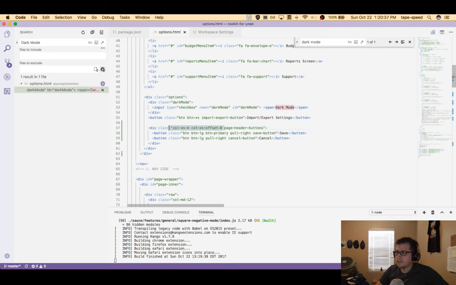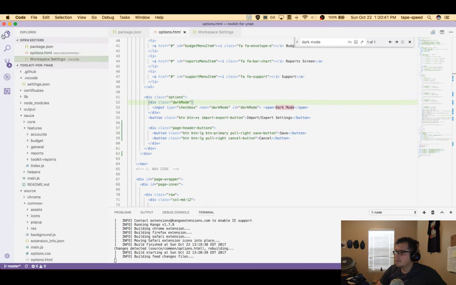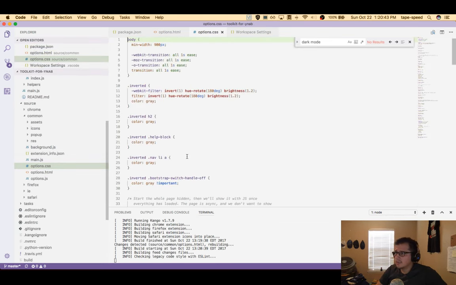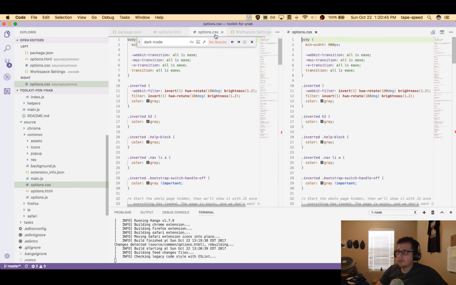Alright, deleting the columns. Delete. Save. Let's look at the file structure and see if there's some CSS that's near located. We're gonna